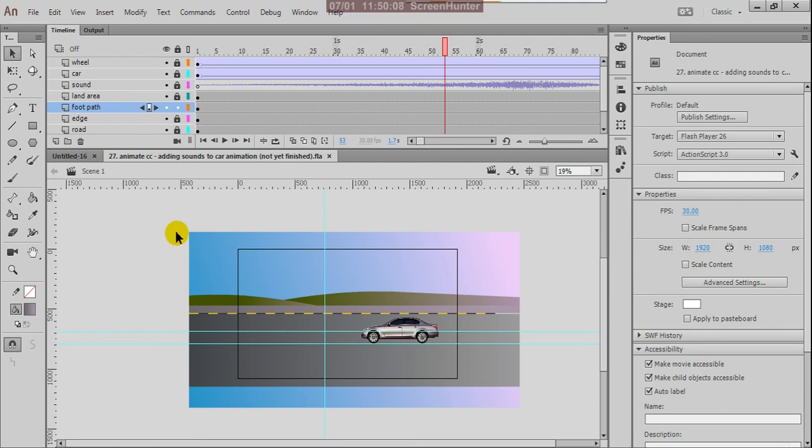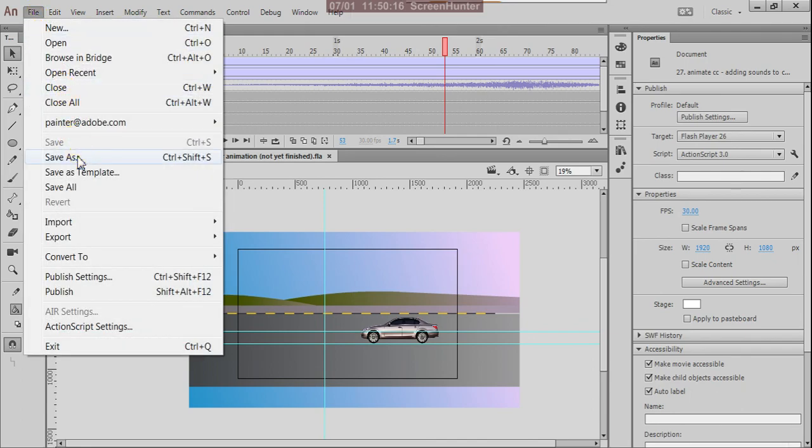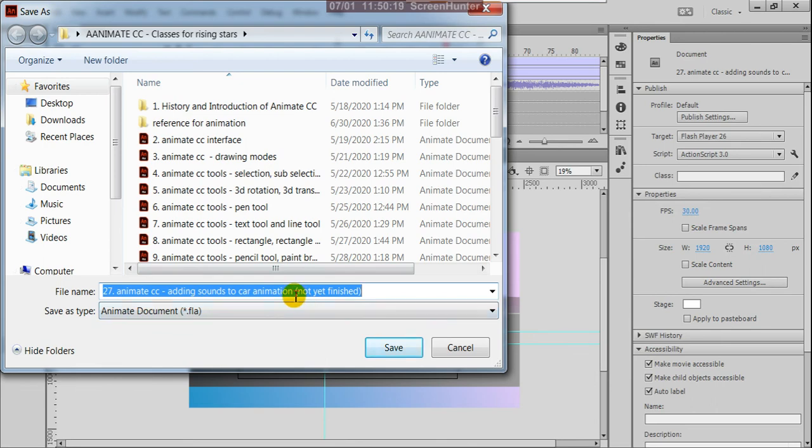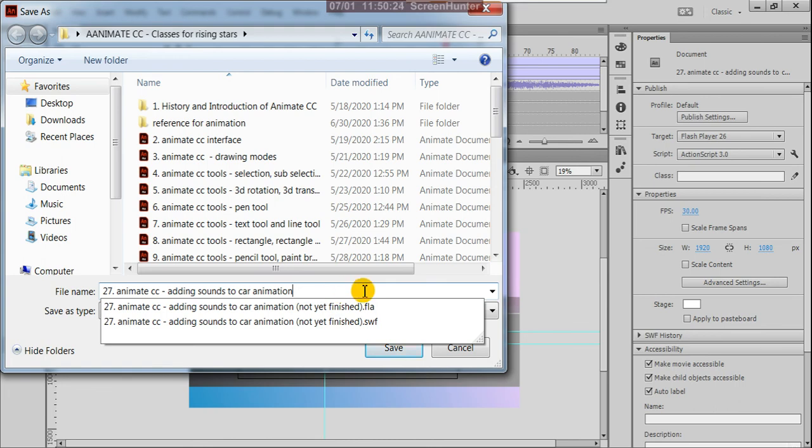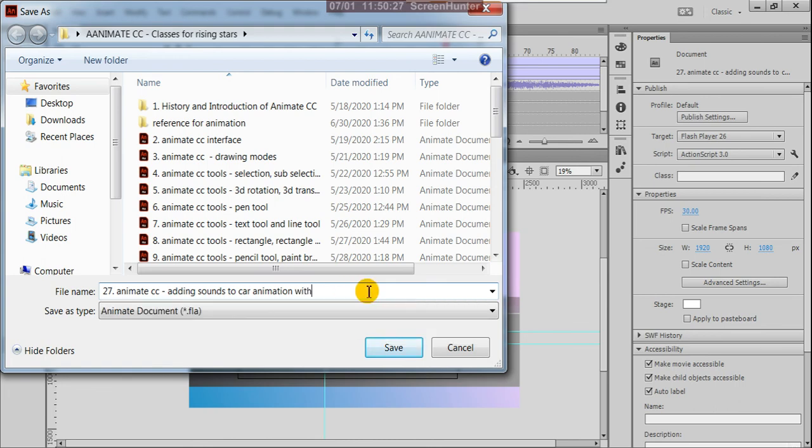Okay, so there I can save this, save as, here the car animation with BZ. BZ means background. Okay, adding sounds to car animation with the BZ. Okay, first save it.